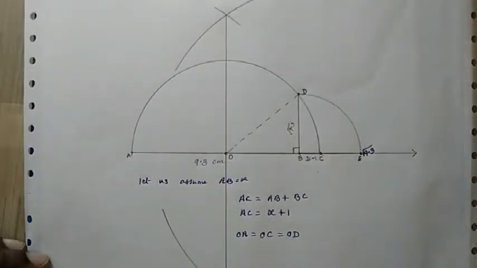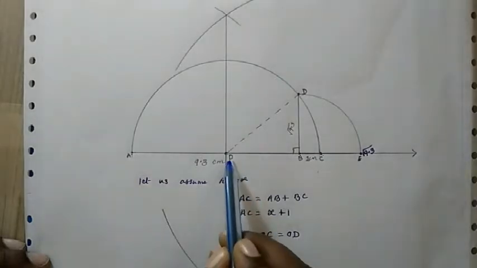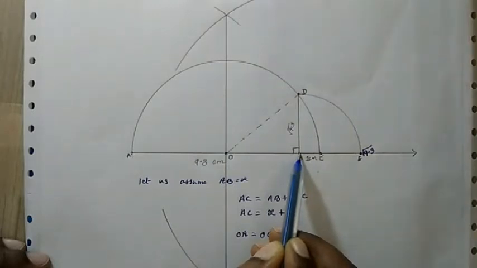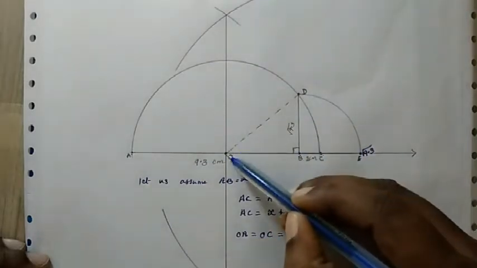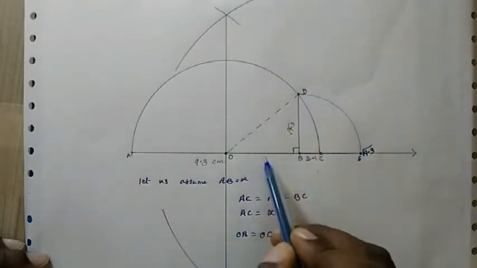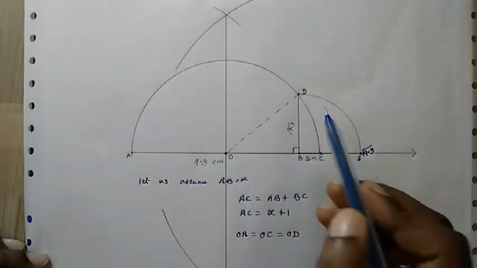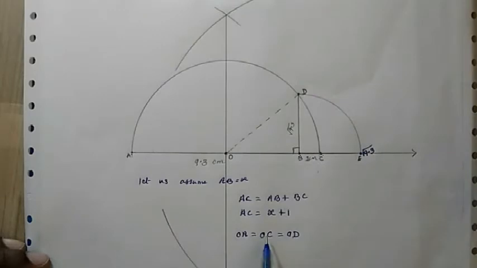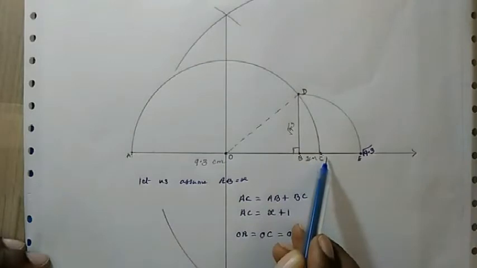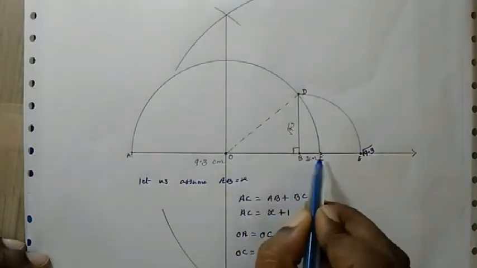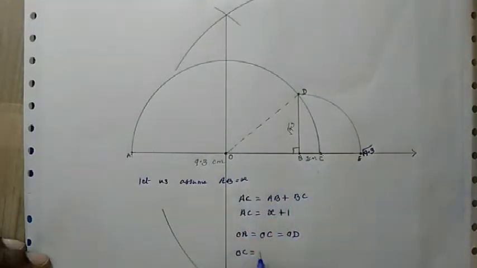If they are equal, then now we have to find out OB, and we also have to find out OD. Because if we know two sides, then we can find the third side. So OB we have to find out and OD we have to find out. OD I already told you: OD is equal to OC, OC is equal to OA. So how much will OC be? OC will be equal to OB plus BC.